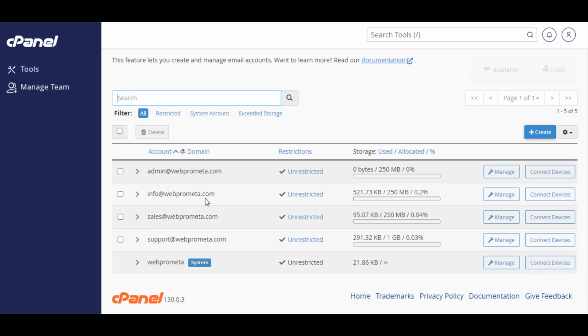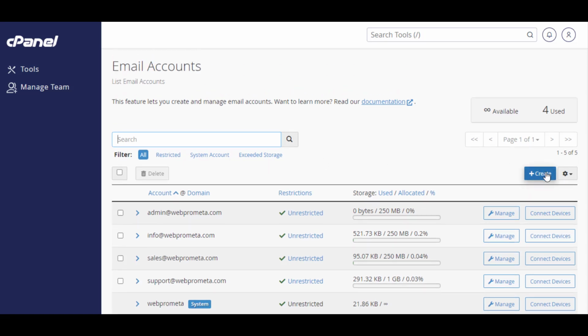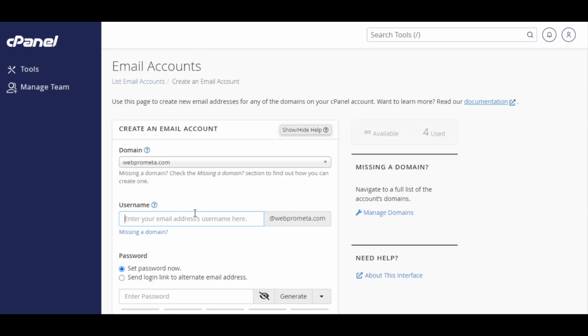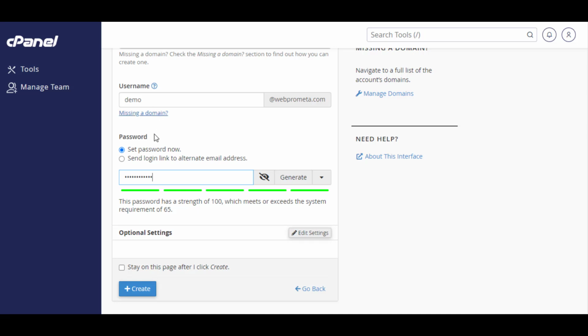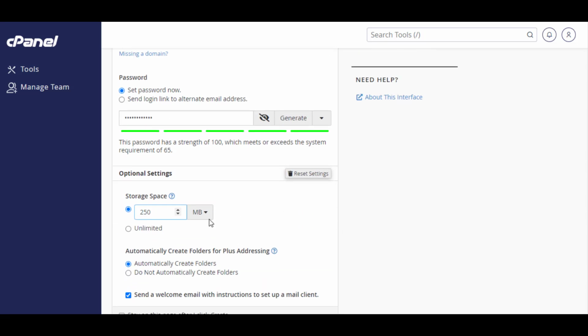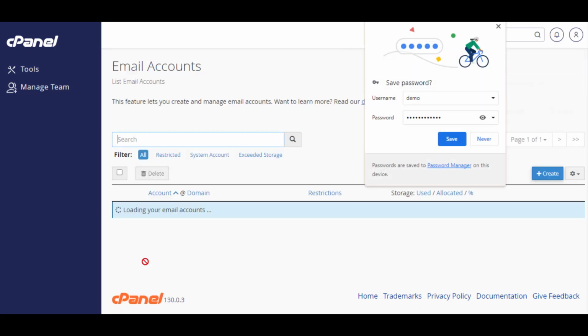On the email accounts page, you can see all the email accounts are listed here. To create a new account, click on the Create button provided at the top here. You will be redirected to the Create Email Account page, where you can specify a new email name, password, and set the email storage quota. Click on the Edit settings to specify storage needed, followed by clicking on the Create button to complete the process, as